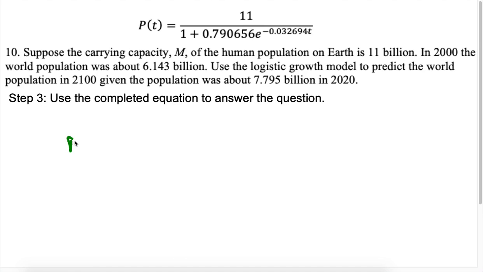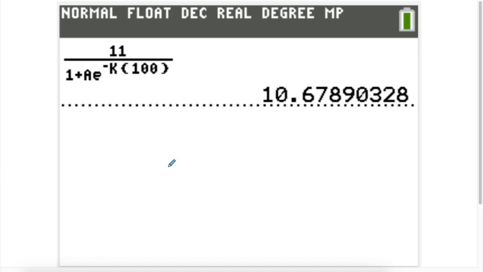So we're just going to say P of t equals 11 over 1 plus, now this value we stored as A, so we can go ahead and leave that as A, times e to the negative, and then this value we stored as k, so we can actually just type in k into the calculator, and then t is going to be 100. So if I type all of this into the calculator, that's going to give me the estimated world population in the year 2100. So if we do that, we end up getting